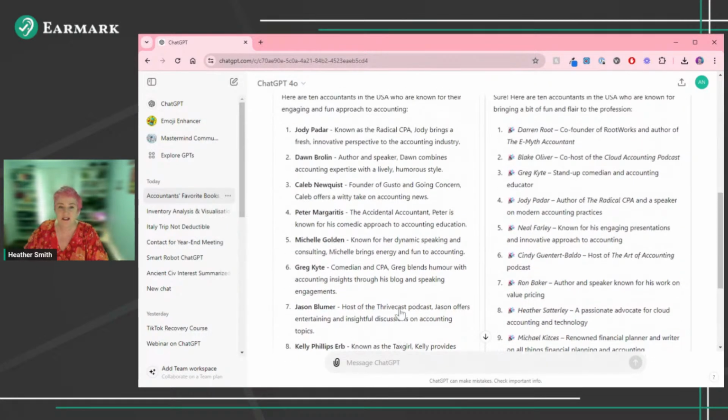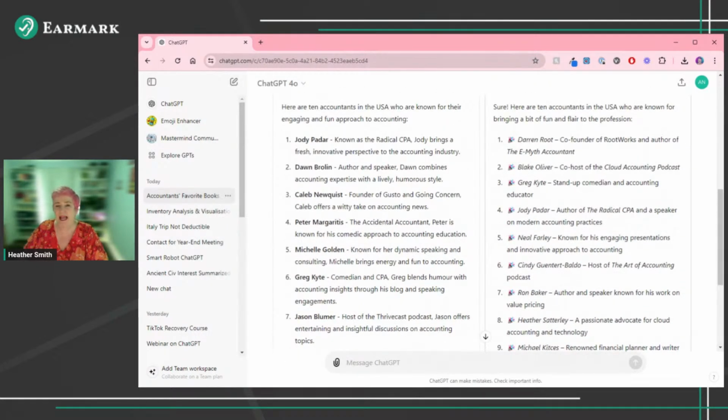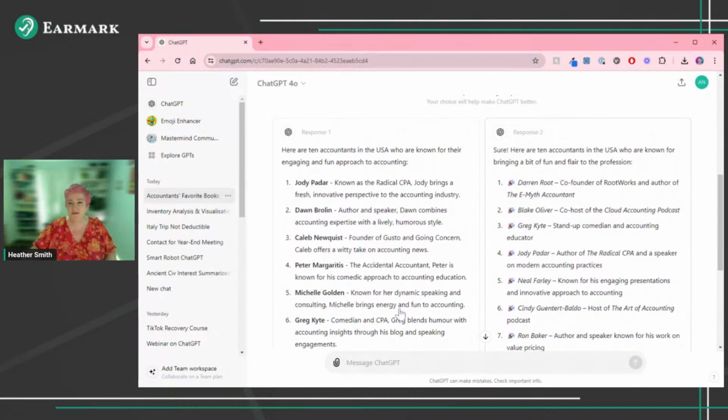And it's actually interesting, this is the first time it's happened here. It's given me 2 responses. Every so often it will give me 2 responses. Remember, I can always regenerate a response if I want, so don't always think the first thing is right. It can give you 2 responses. And interestingly,